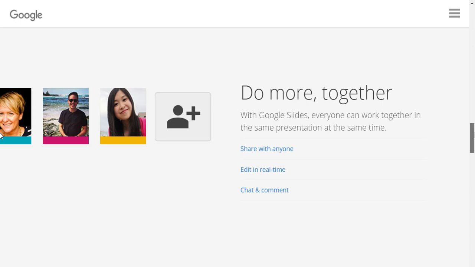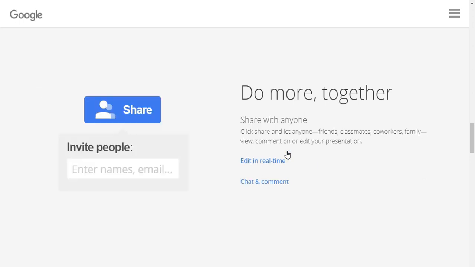Another feature of Google Slides is do more together. That is a collaboration feature. In Google Slides, everyone can work together in the same presentation at the same time. So if there are 4 people who are going to present, they can all work at different places and make changes on those slides, and then you can share your presentation with anybody, your classmates, your friends, your family, anyone, and edit in real time.